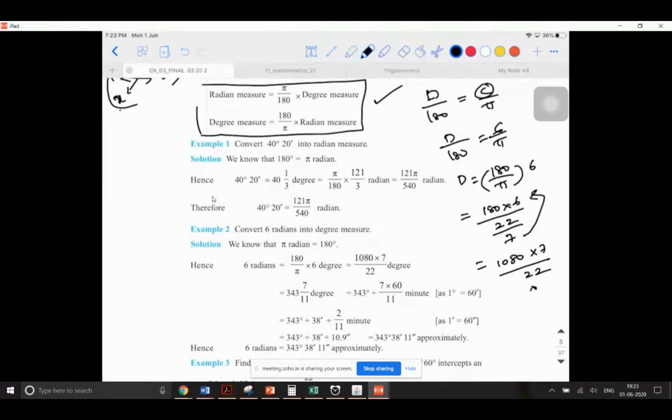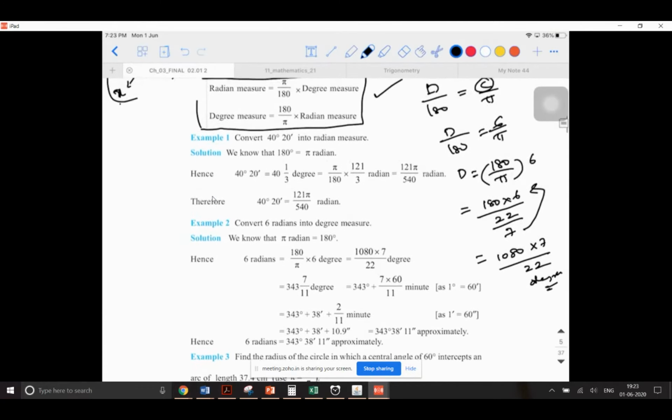Okay, these many degrees. Now you are supposed to get it in a proper fraction. So once you get it in a proper fraction, for example, can someone tell me what is 1080 multiplied with 7? So it is going to be 0, 56, 7, 1. So check, is it 7170? 71. So 0, 56, 5, 5 and 7, 7560. Right? Yes.